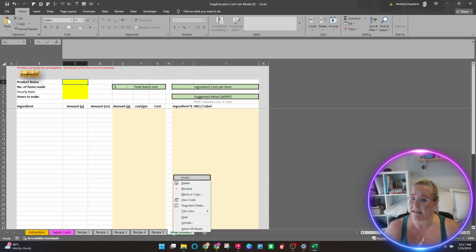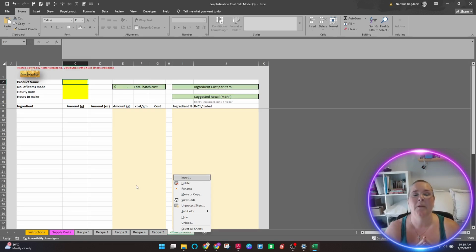A note about deleting worksheets is once you delete it, you cannot get it back. So I recommend, if you are going to delete a worksheet, like this, a tab, I'll call it a tab, save your file first, delete the tab or worksheet, and then make sure everything is working. Because if, for instance, you delete the supply cost worksheet, this file will not work anymore. And so if you deleted it and saved it after you deleted it, you basically are screwed.